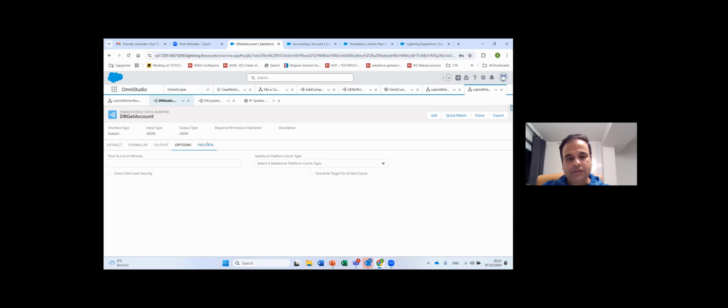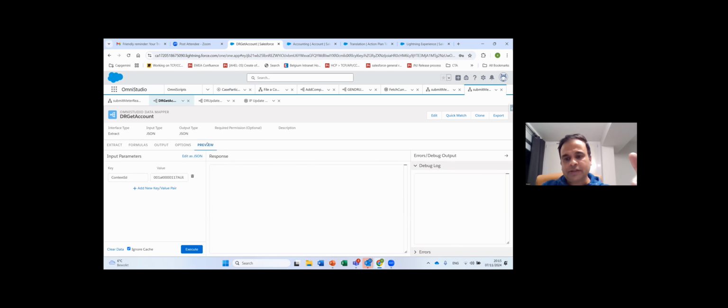The last section is the preview, which, as I mentioned, is the testing tool for this particular data mapper. So irrespective of any OmniScript, I can just come to this OmniStudio, create this data mapper and use it n number of places. So for example, I pass it a context ID of this. So this is the ID of the account which I was showing you. And if I press execute,